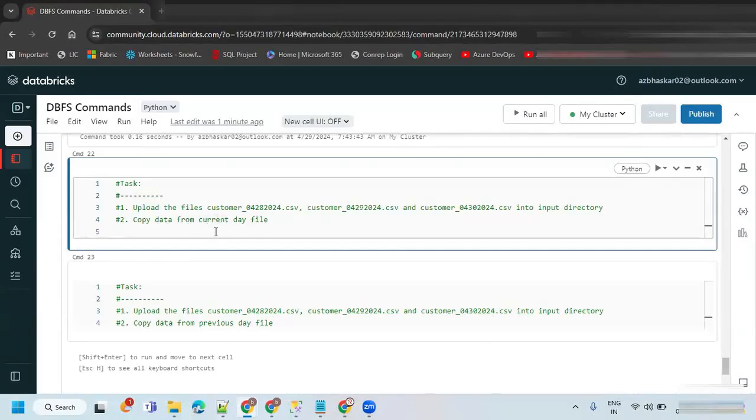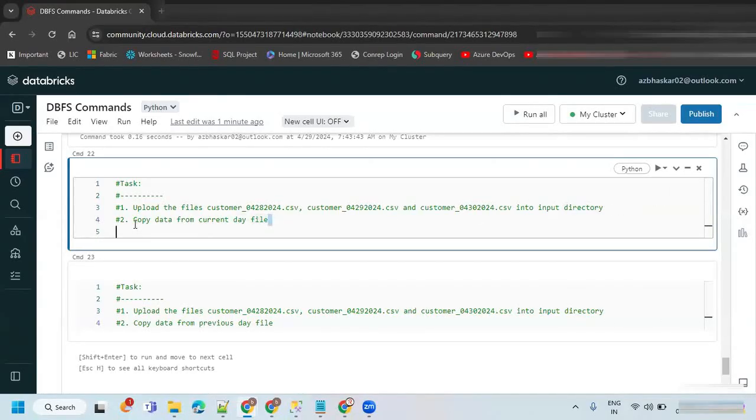Now we need to have 3 things here. We need to read the list of files once you upload it. We also need to have a current date. If you have a current date, then you can get it. That is the task.